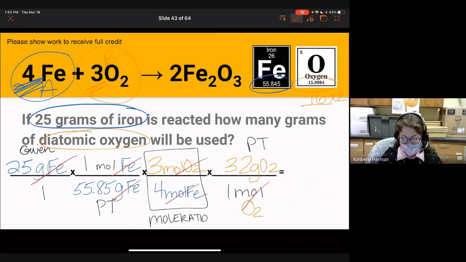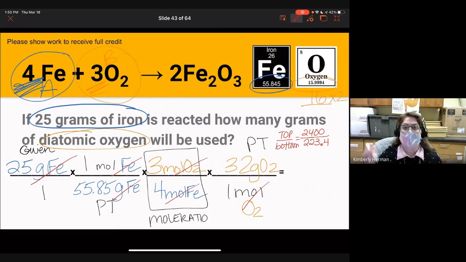So now we just need our calculator to solve. So we're going to find our top number first, and I'll put it right here, and then we're going to find our bottom number because I'm running out of room. So in your calculator right now, you're going to do 25 times 1 times 3 times 32, and we get 2,400 for our top. Then go to the bottom. We're going to do 55.85 times 4, and we're going to get